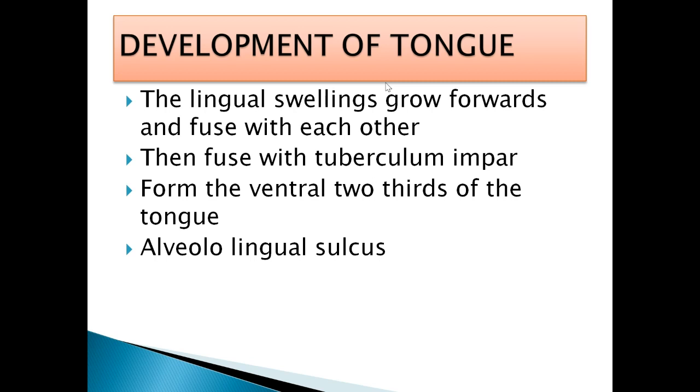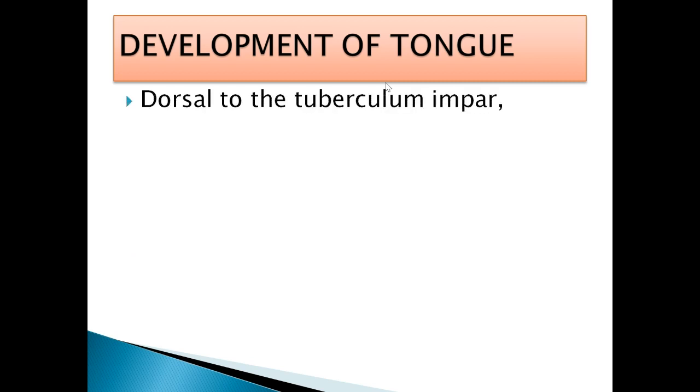So the tongue rudiments develop in the floor of the primitive pharynx. It should separate from the floor. How will it separate? Along the front and sides of the rudimentary tongue, there develops an endodermal alveolo-lingual sulcus that will separate this tongue from the floor of the mouth. So that is how the oral part of the tongue has developed.